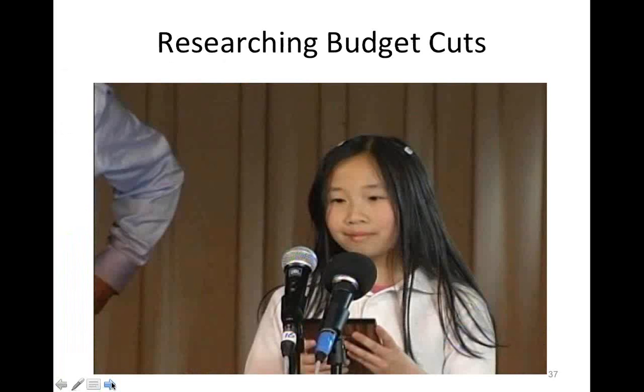This is an elementary student, obviously. They researched budget cuts in their school and in their state, and at the end of this research, they learned a lot about how budgets work, a lot about mathematics, and they were asking questions that were more important to them, like why are teachers getting fired, why don't we have enough books, why doesn't our school have enough resources? But in asking those questions, they really came to a complicated mathematical understanding of how budgets work in